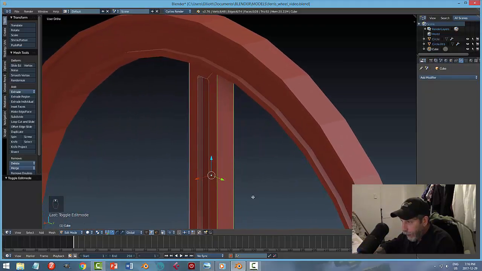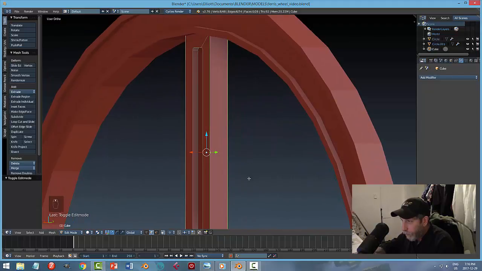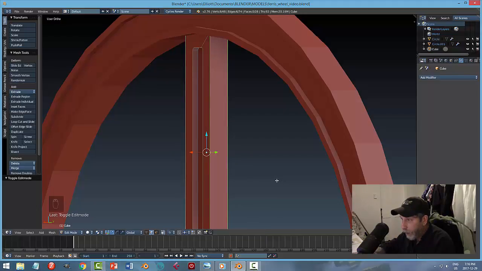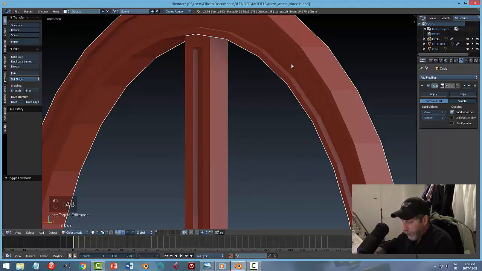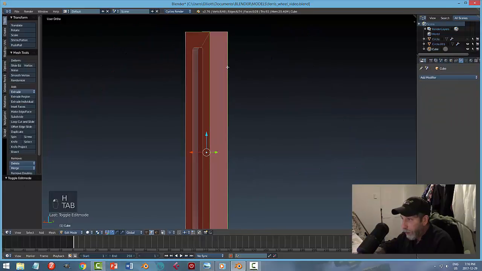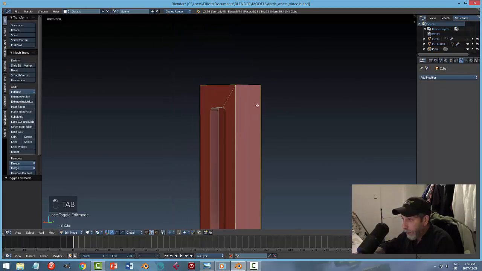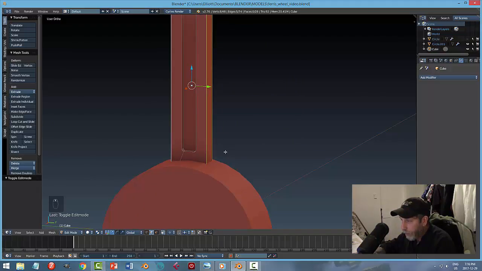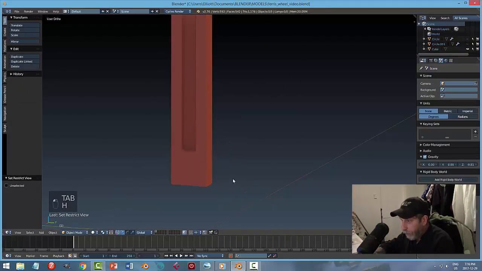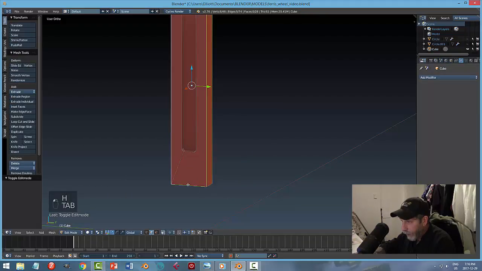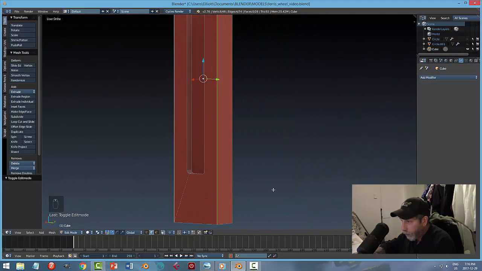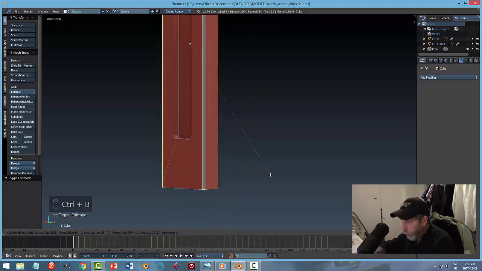So let's have a look at how well this works. Good enough. Control B, pull back. I seem to have some. Okay, hang on. I may have something. I'm going to hide this. I may have had something selected up there. Yeah. I got that. It doesn't really matter. I just need those edges. And let's see if I got anything down here. Let's hide this as well. Come back in. Yeah, I see I've got that. Doesn't matter. I'm just shift clicking to get rid of it. So I'll do it from down here. Control B, pull back,